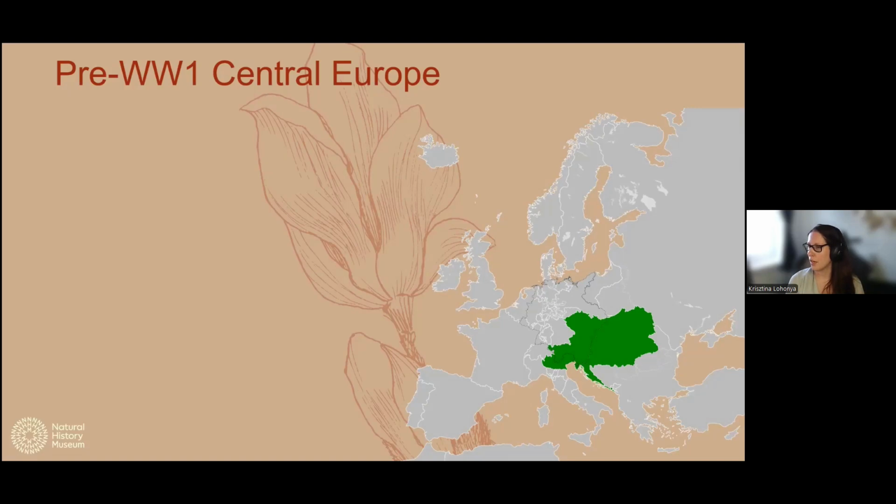And I only have a very few slides left. These are just examples where border changes are really affecting where you're filing your specimens. On this particular map, the highlighted area is the Austro-Hungarian Empire. And for specimens that we have from this particular country, they often just say Austria or Hungary, which can be very misleading if you are just going by what your label says and attaching location in your collection management system,